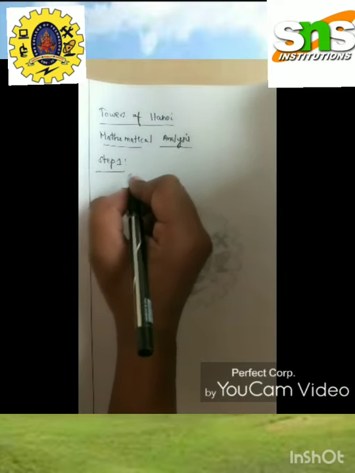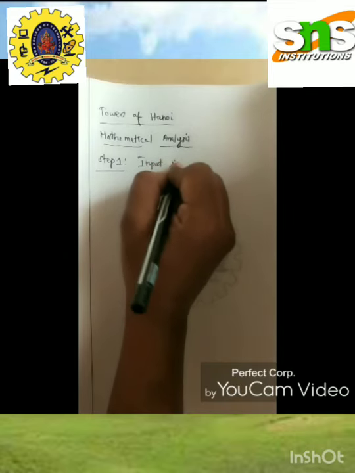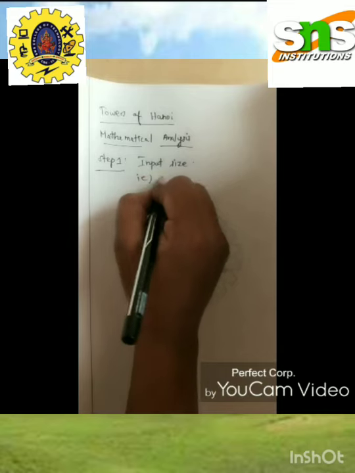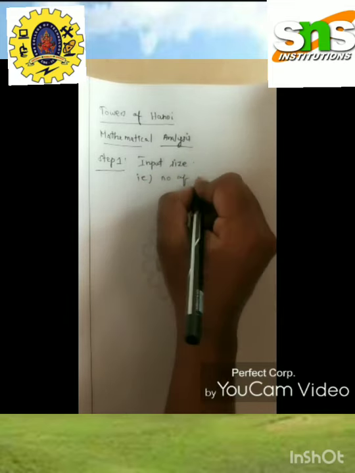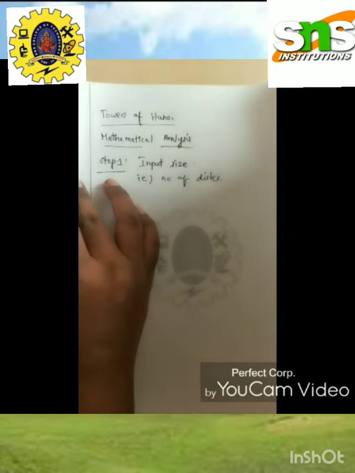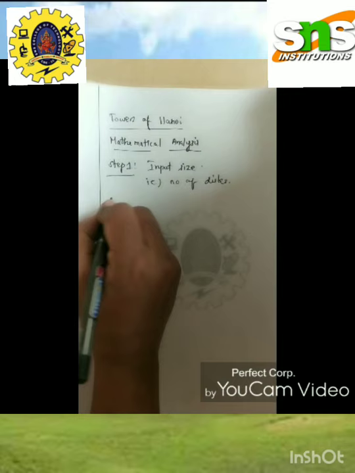Step 1 is the input size, that is the number of disks. So how many disks did we use in the previous example? The number of disks is 3. And step 2,